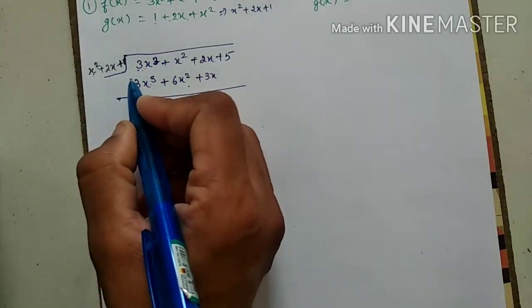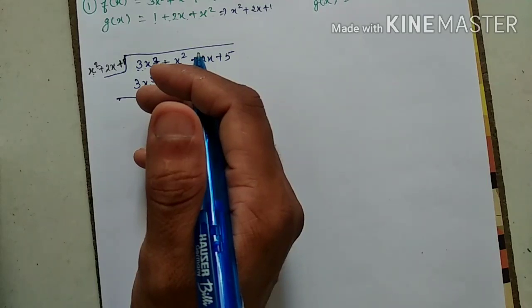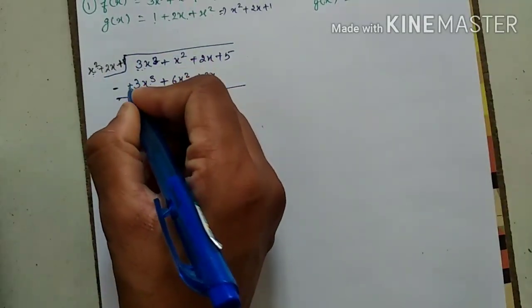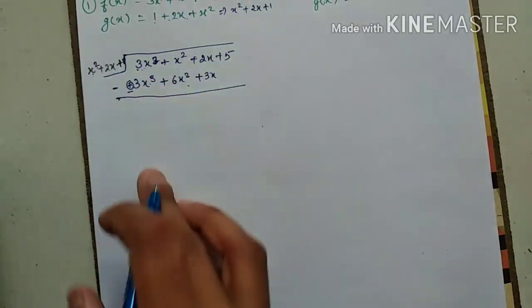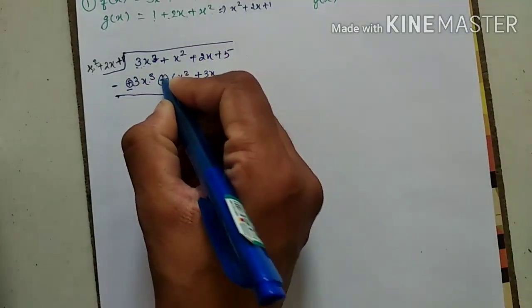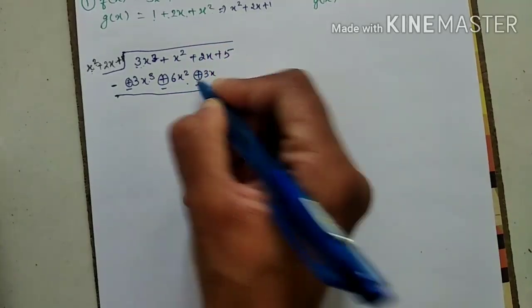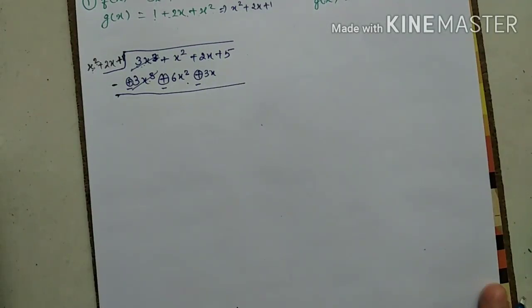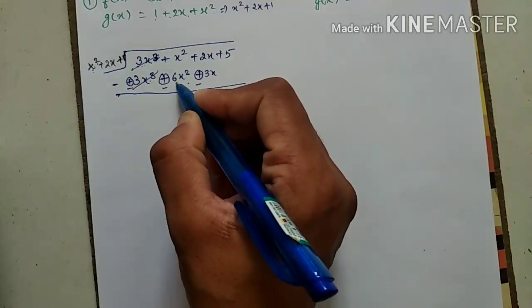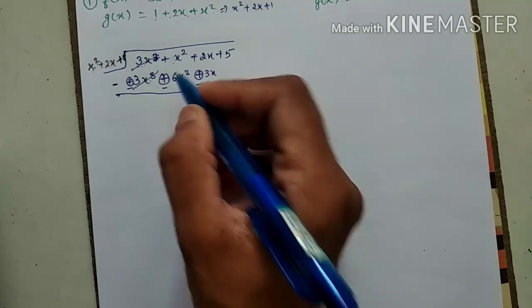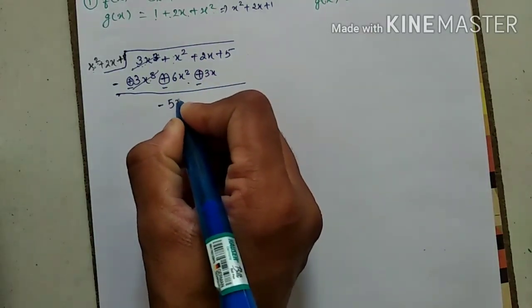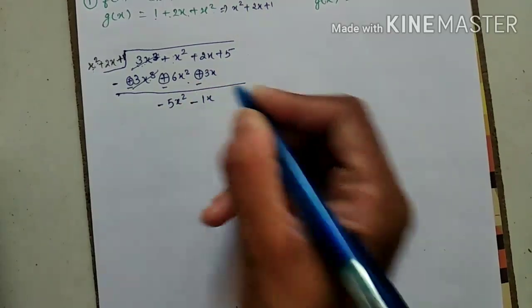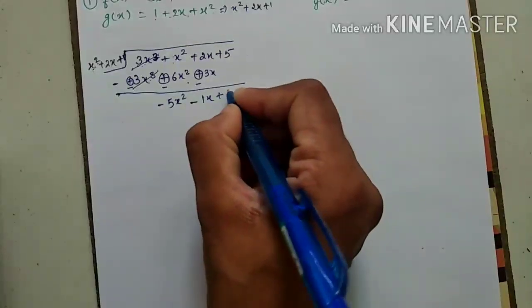While dividing we always do the subtraction. So I am doing subtraction. So you can see this positive becomes what? Negative sign, correct or not? Because of the sign change. Same, positive becomes negative, positive becomes negative. Now understand, positive 3x cube, negative 3x cube, cancel. What remains? x square minus 6x square. It means 1 is there. Minus becomes what? Minus 5x square. Minus 3x minus 2x becomes 1x. Correct or not? Next number you have to take down.